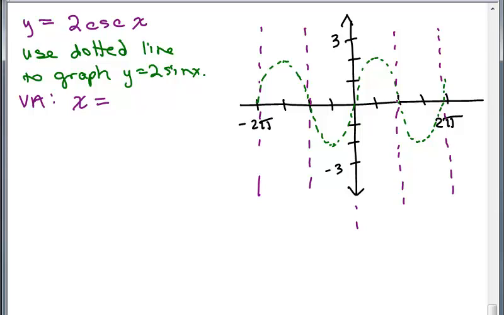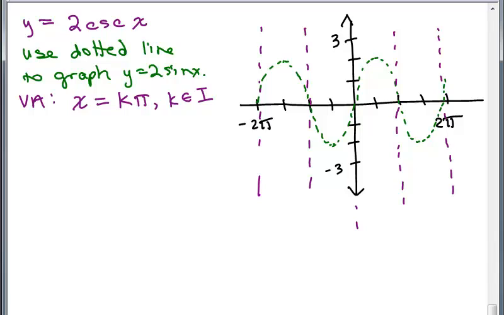So I can write that as k pi, where k is an integer. That's the way to write k as an integer without writing that out in words. All right, so this is vertical asymptotes. Now let's graph. Well, remember the